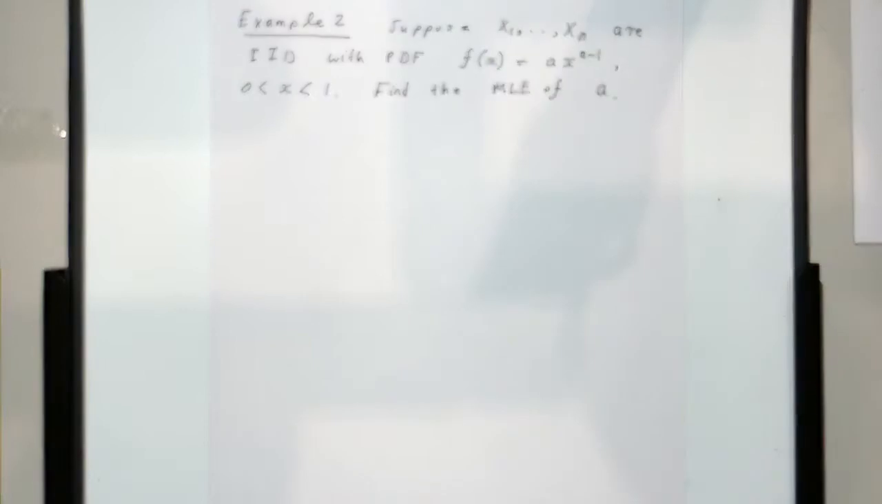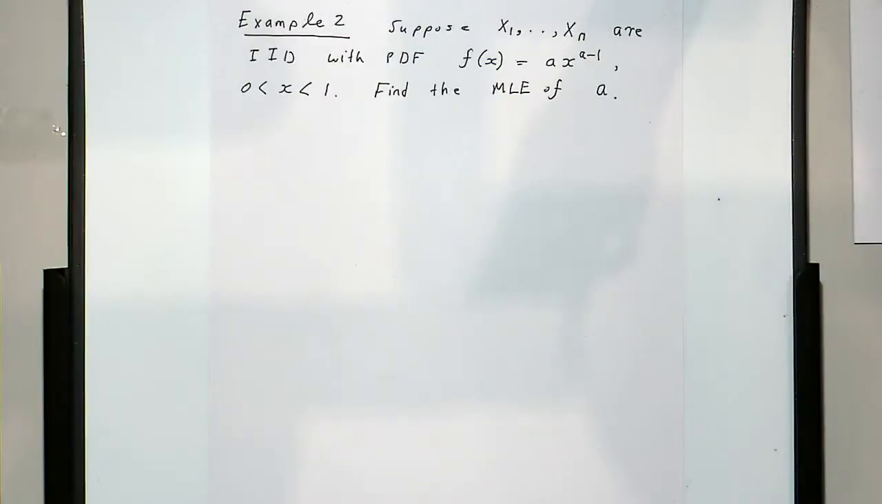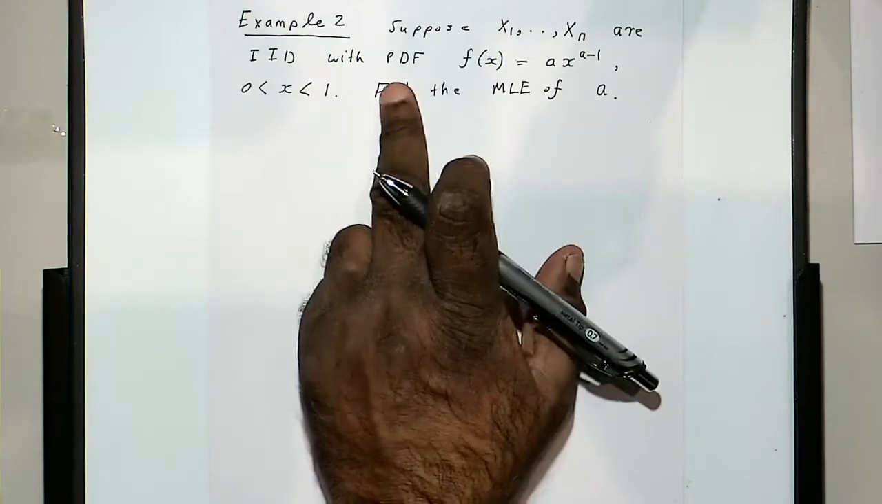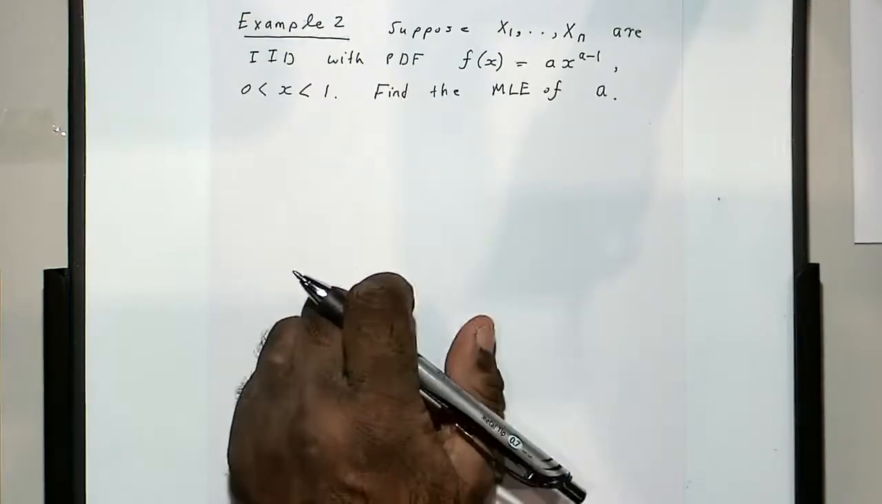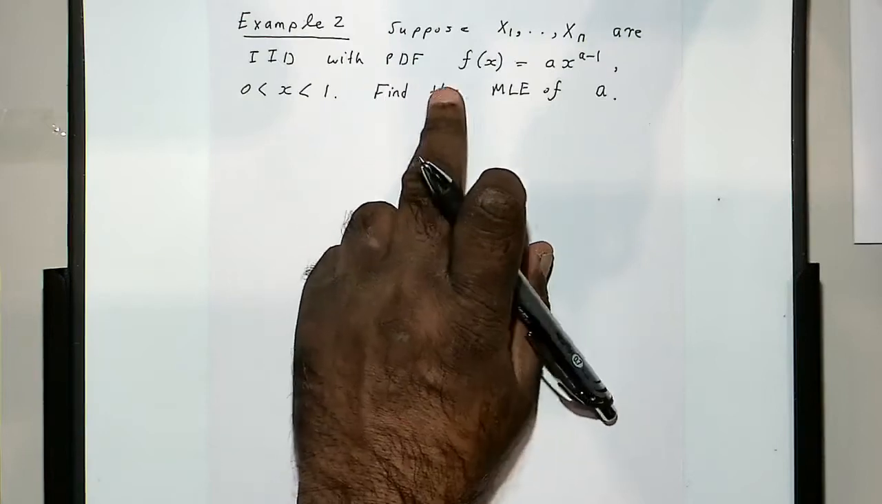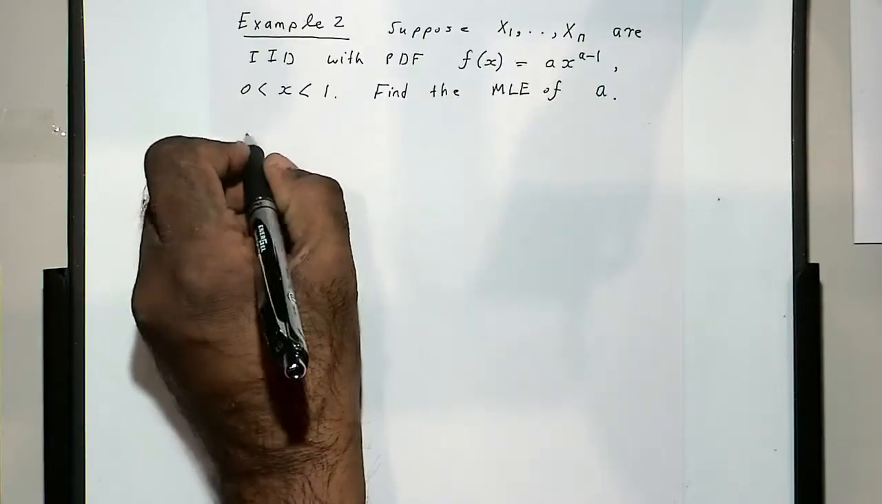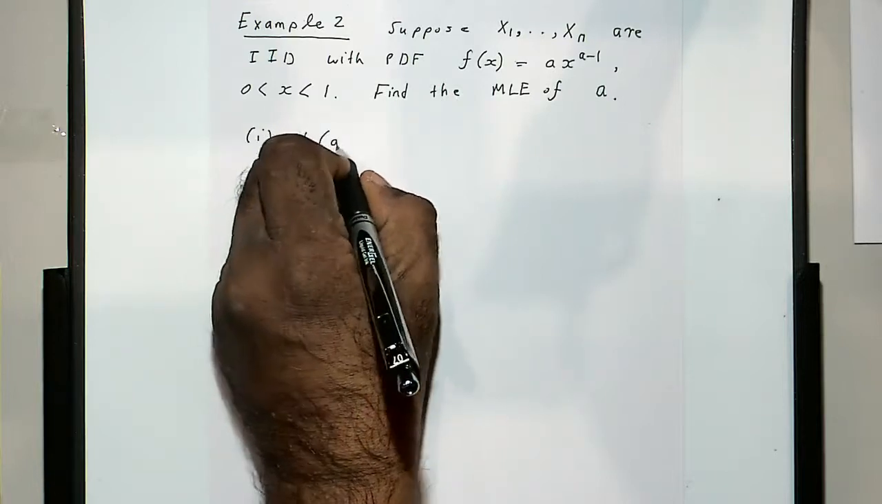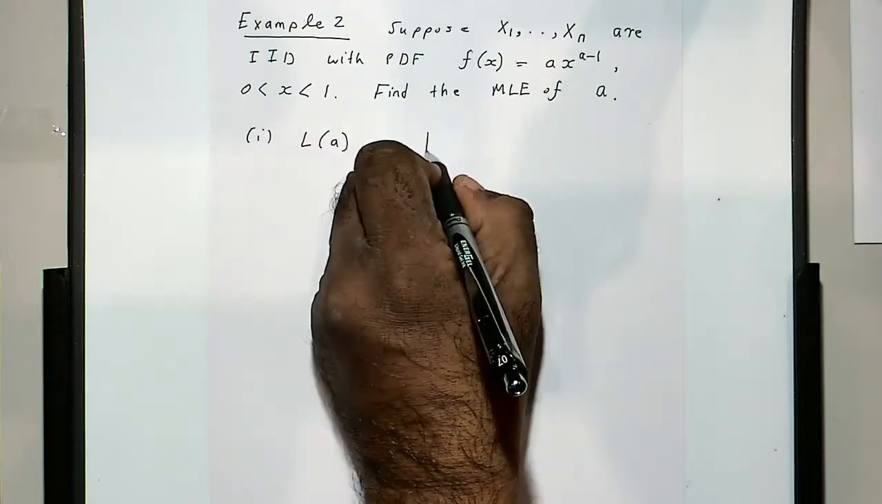So once again, what you have here is a continuous PDF, right? Remember, PDF automatically means that it has to be a continuous distribution, because PDF only applies for continuous, whereas PMF is for discrete. Right? So you should be able to tell immediately from this. Okay, the first step is to write down the likelihood function, which is the product